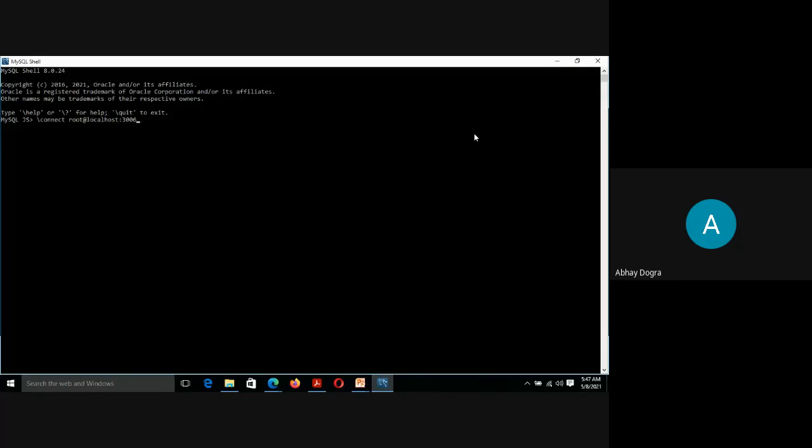It's very simple. /connect is the keyword here, and root. अगर आप Windows operating system use करते हो तो Windows में basically we use administrator username or admin as a username. But बाकी कई operating systems जो हैं, कई apps जो हैं, वो admin या administrator की जगह root लेते हैं. Okay. So here we are connecting to the MySQL server as a root user, can say an admin user,